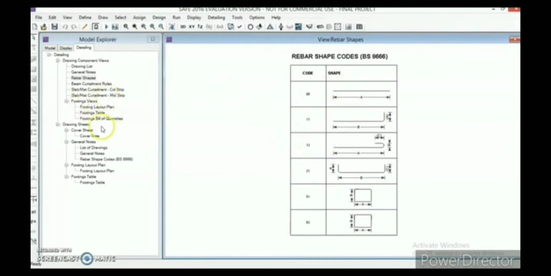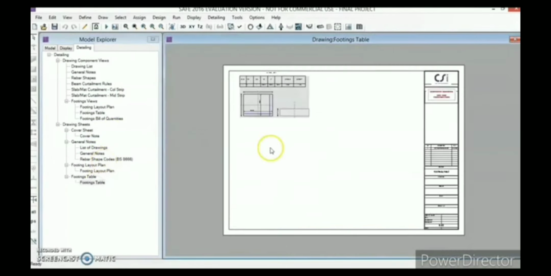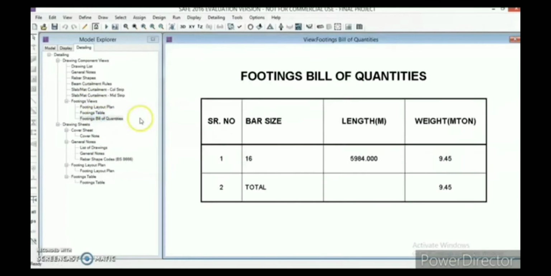And now let us go to footings table. Yeah, it gives us about the footings, and footings table here as well, and footings bill of quantities. So it shows us the length of the footing and bar size and weight also, and rebar shape codes.